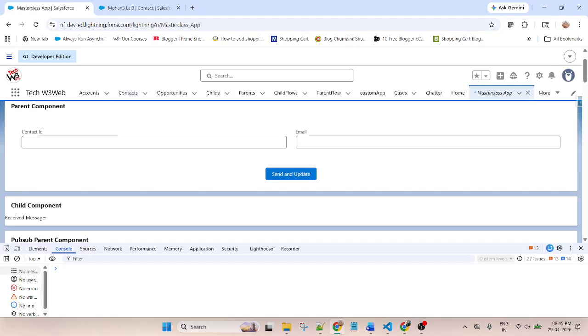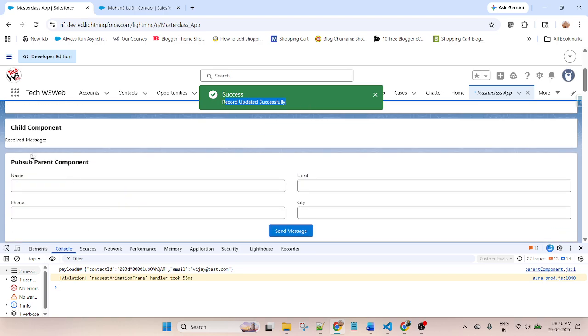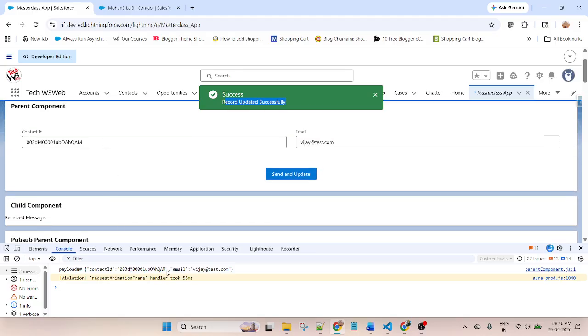Now go here and let's pass vijay@test.com. This is a console click. Okay, so my message is also displaying well. This is a contact ID and this is an email, so I get the value and display it.